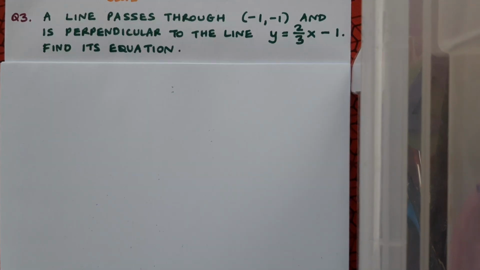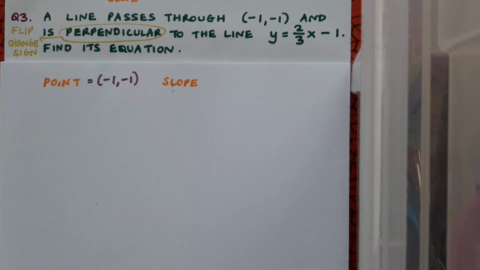Okay, so let's see. I want to make the equation of a line. I need point and slope. The point is given to me clearly in the question. It's -1, -1. And for slope, I have to go looking for clues. So I'm told that I want the line that's perpendicular to the line y equals 2 over 3x minus 1. Don't forget, perpendicular means that I'll take the slope of the line that I'm given, flip it and change the